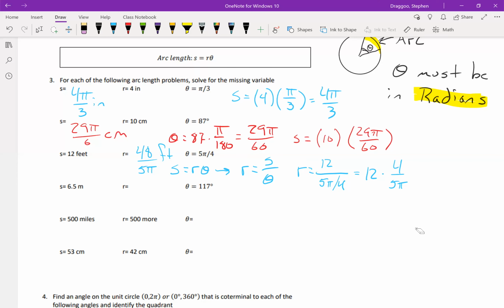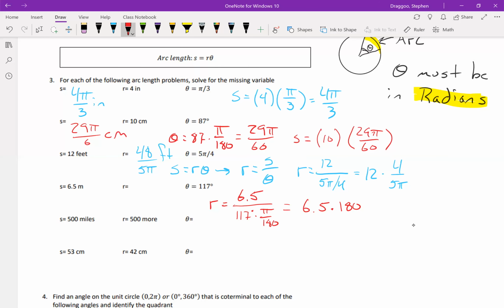In the next example, we're again going to solve for the radius, but this time our angle is in degrees. So we're going to need to convert that angle to radians. And this time we'll do it in line. So our arc length is 6.5. And our angle should be 117 times pi over 180, which means that this is 6.5 times 180